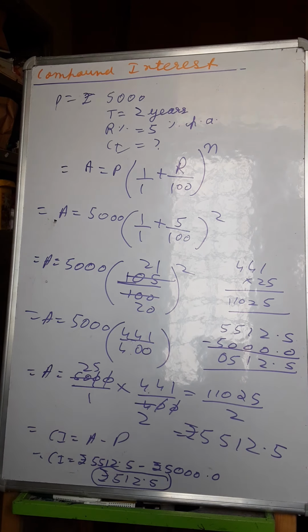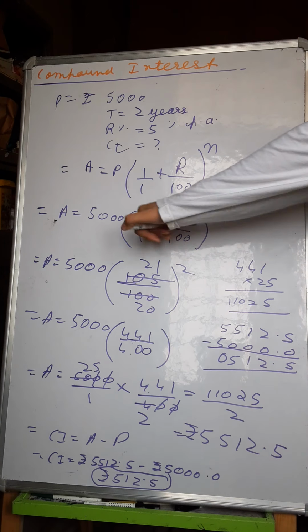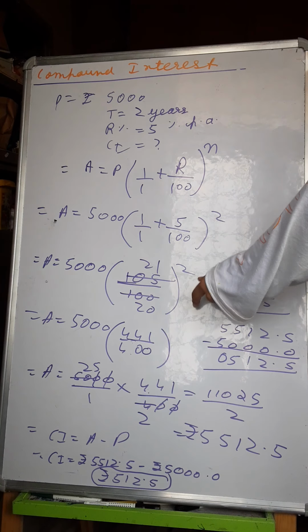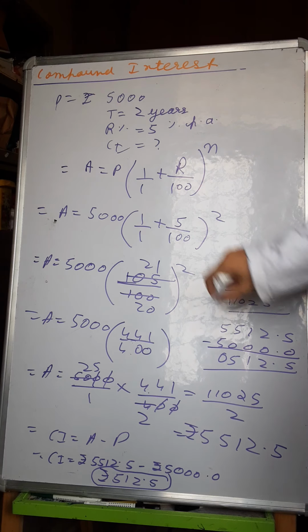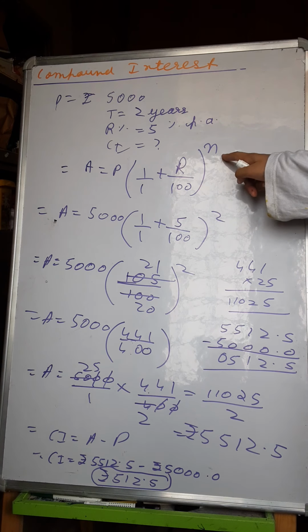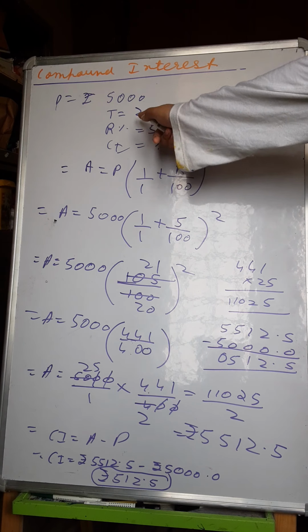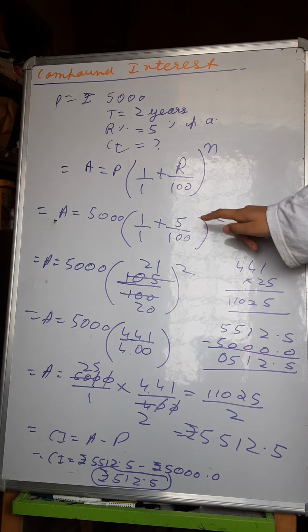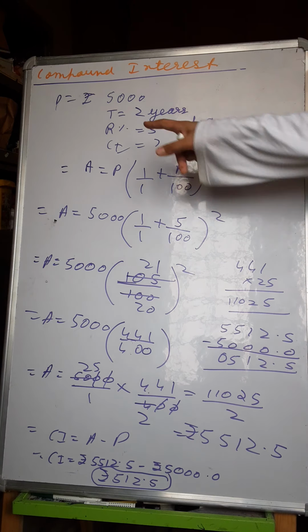So as you can clearly see what I have done here, we have first taken the formula over here, and remember that I have switched the time and the rate here to make the calculations easier, because to the power n means to the power of whatever your years are, that is 2 years in this case. Otherwise you would have to do it to the power 5. In order to avoid any calculation errors, I simply took it to be 2.